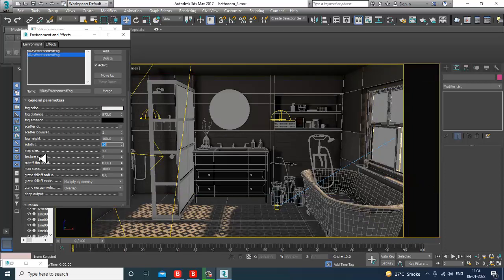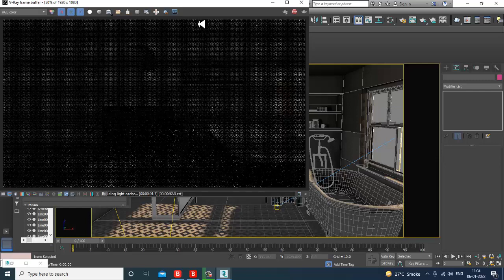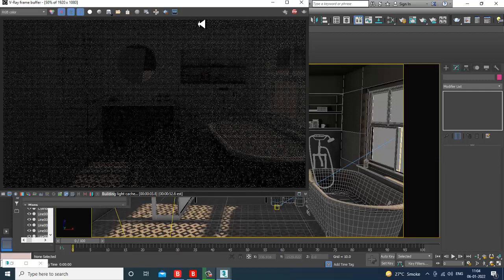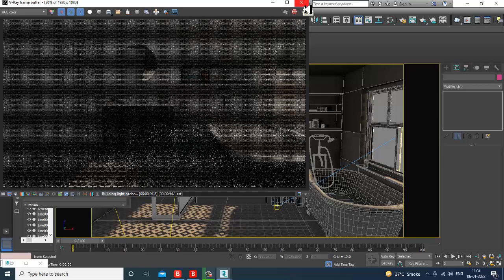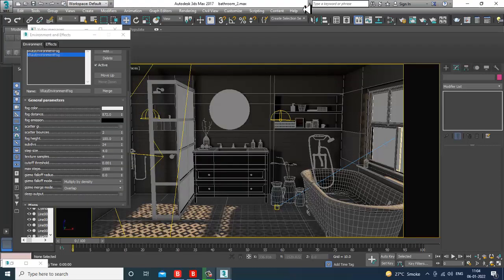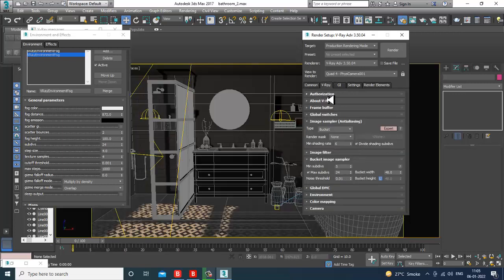Subdivisions as 24. Let's render it. So definitely we'll be checking it out. If you want, we can add that. That's not a problem.